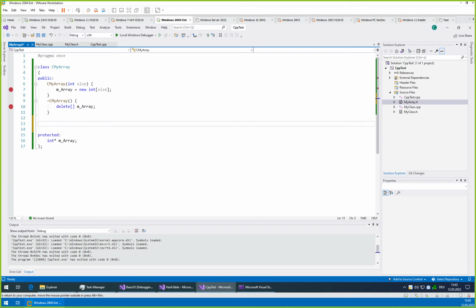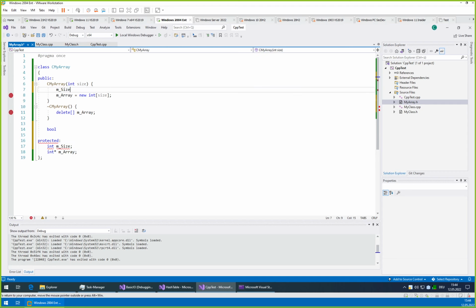And the next thing, of course, that can be done to avoid writing to invalid memory is, instead of trying to access this array member directly, we can write a function. Let's call it bool. Oh, and we should remember how much size we have. Let's use a large S. Without, of course, knowing the size, we could not check whether the index is valid. So boolean set at int pos, int value.